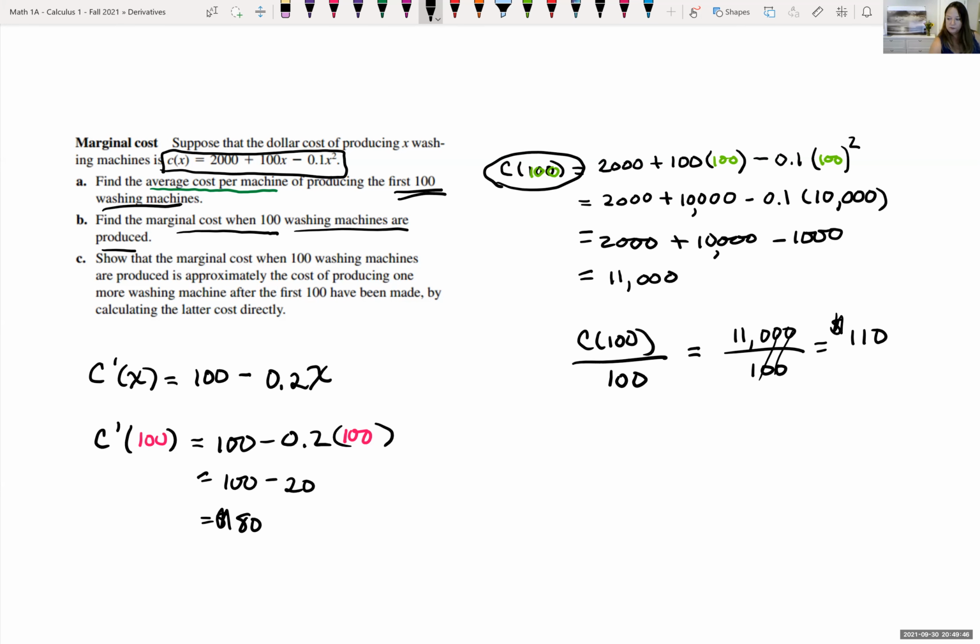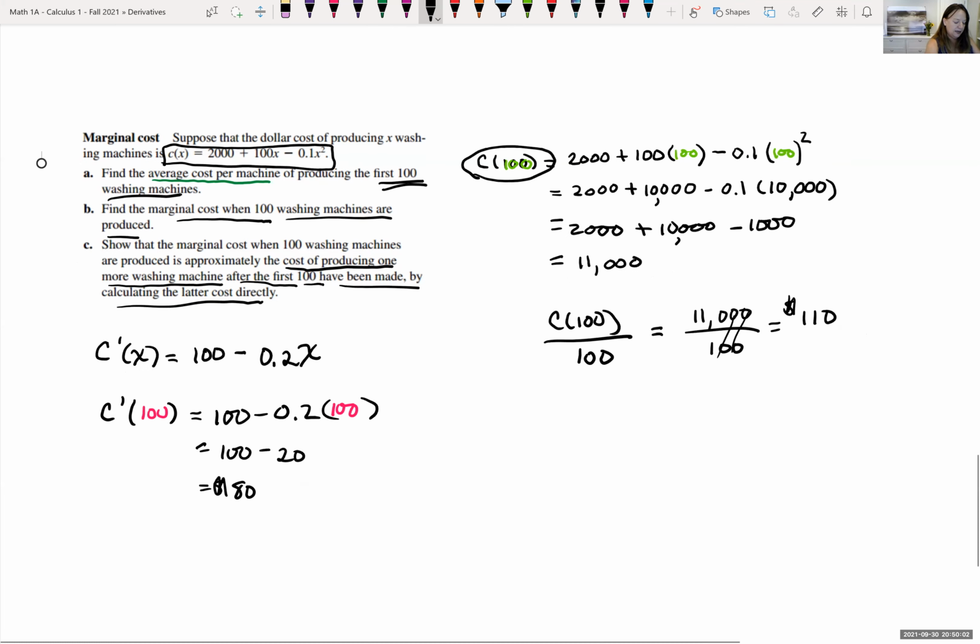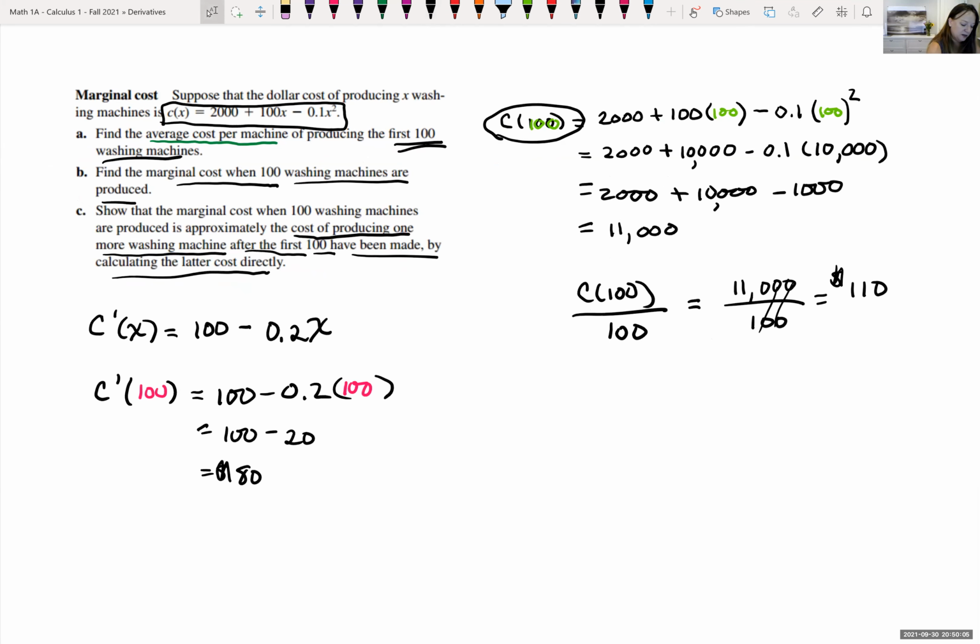The last piece says to show that the marginal cost when 100 washing machines are produced is approximately the cost of producing one more machine after the first 100 have been made, and to calculate the latter cost directly. What this is telling me is I want to look at C of 101 minus C of 100. We already got C of 100, but let's quickly, because time is almost done, find C of 101,